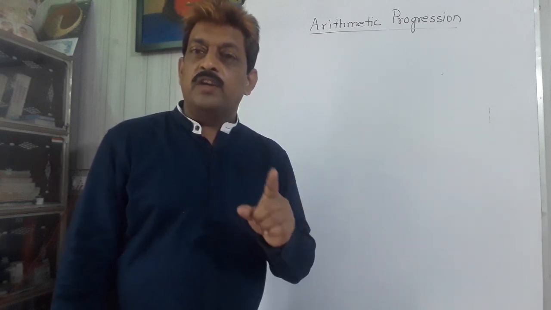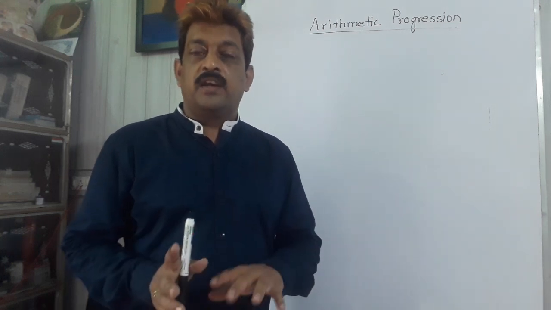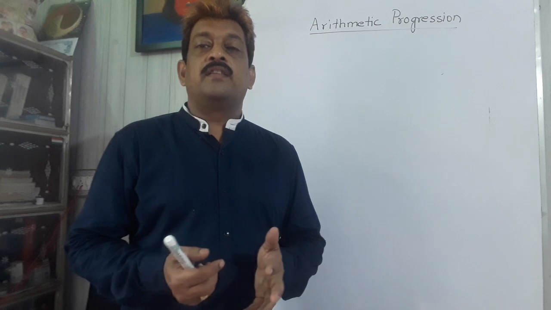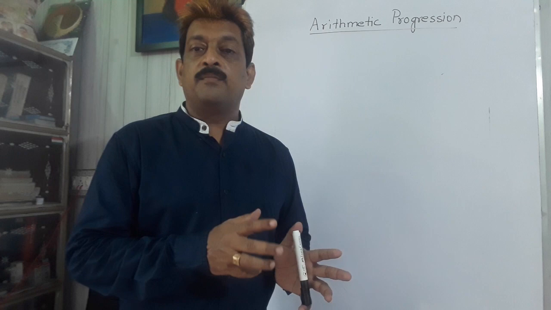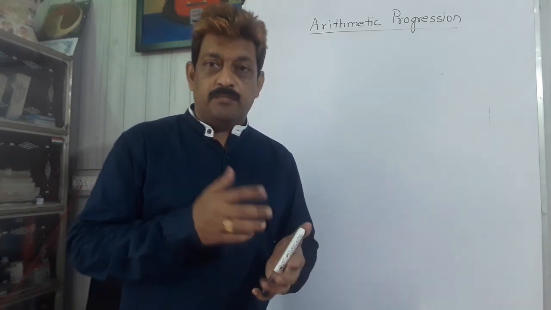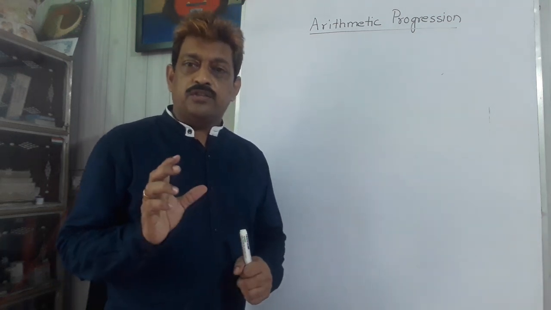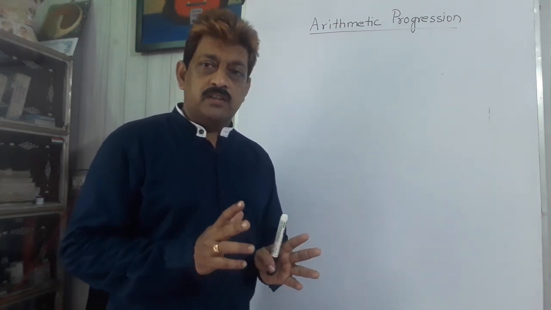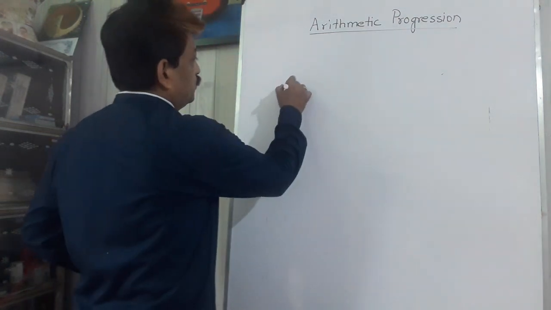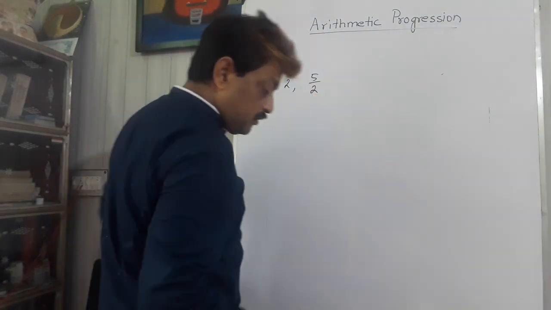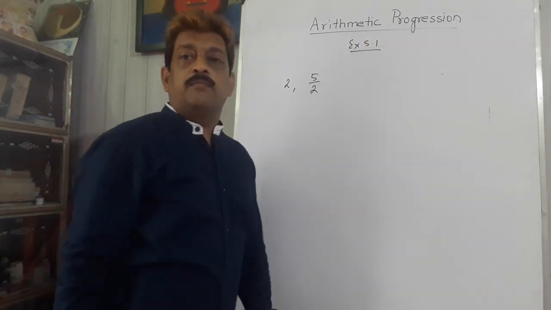In the previous session we learned about arithmetic progression, common difference, first term, and how to obtain the succeeding term by adding a fixed number to the first term or the preceding term. So here there are some patterns given. We have to check whether the given series is an AP or not. These sums are from exercise 5.1, NCERT class 10 mathematics.